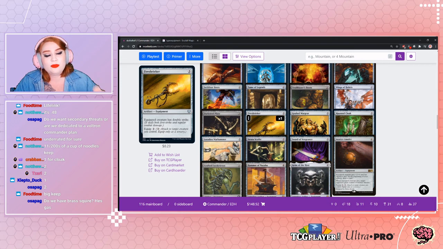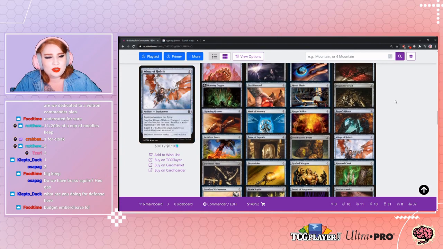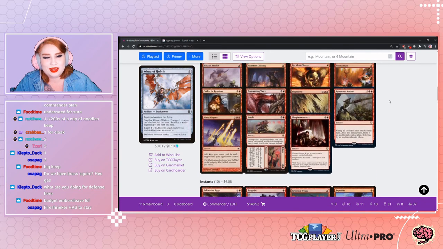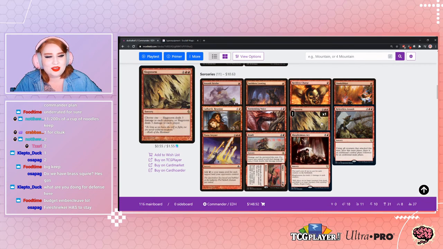We do have Brass Squire. Kleptoduck, I'm going to be real honest with you. I have no idea how the heck to do defense in mono red. In terms of removal, we got ourselves a Slag Storm. And we have